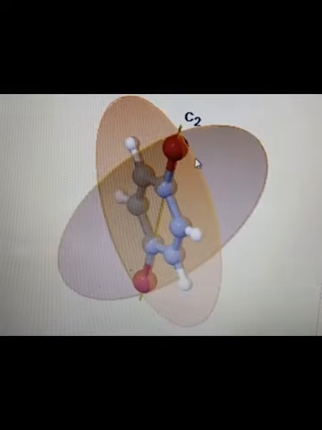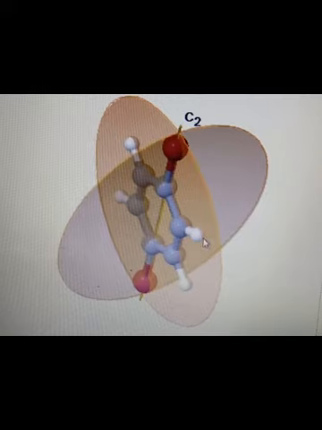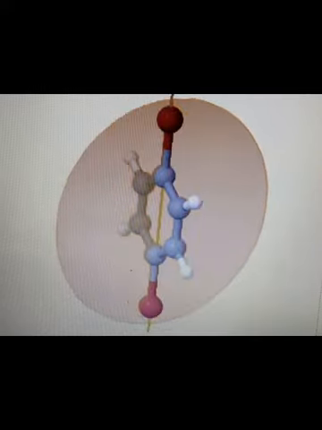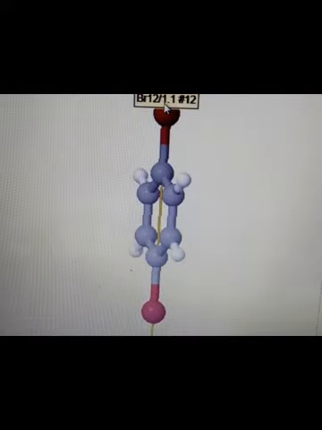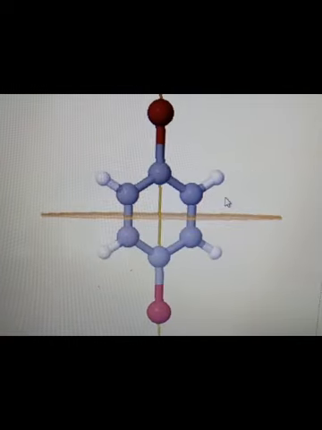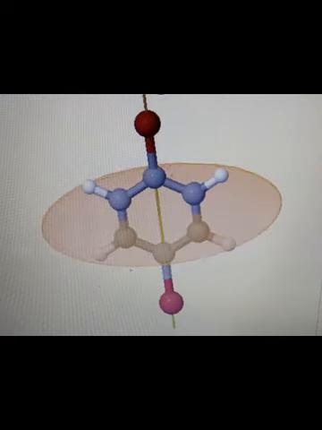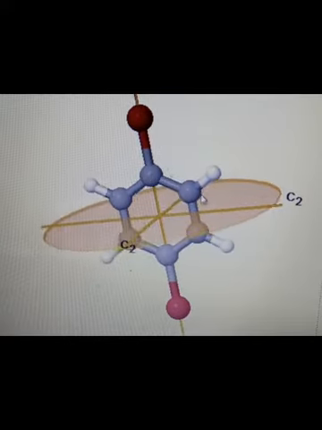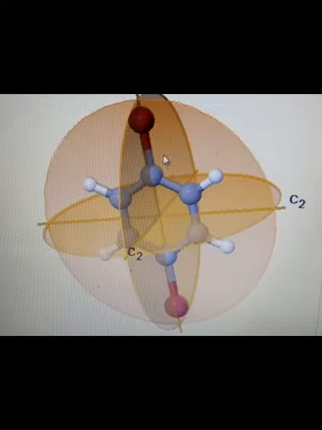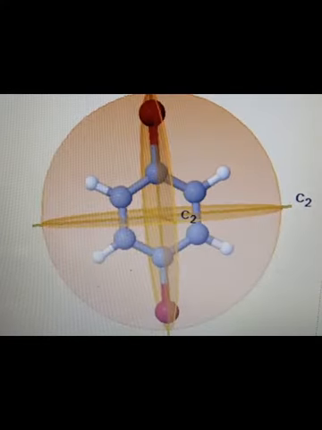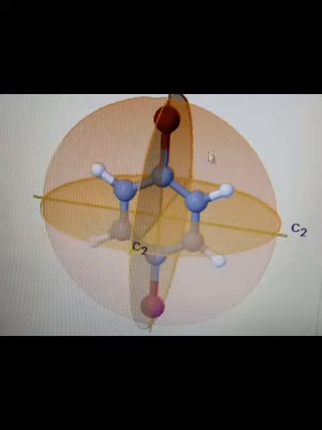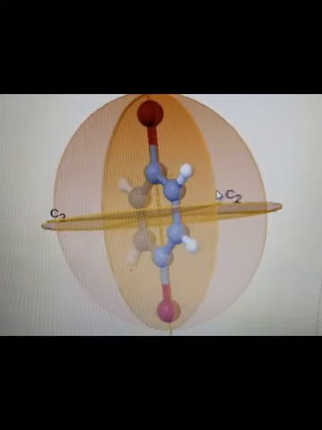And it also has sigma h. The D2H point group also has sigma h. Sigma h should be what? Perpendicular to the principal axis of symmetry. This is the principal axis of symmetry and this is the sigma h, which is perpendicular to the principal axis of symmetry. So altogether your D2H molecule is having what? A C2 principal axis of symmetry, 2 C2s perpendicular to the principal axis, 2 sigma v's which are passing along the principal axis, and 1 sigma h which is perpendicular to the principal axis. So this is how you can look at the different rotations and planes in this particular molecule.